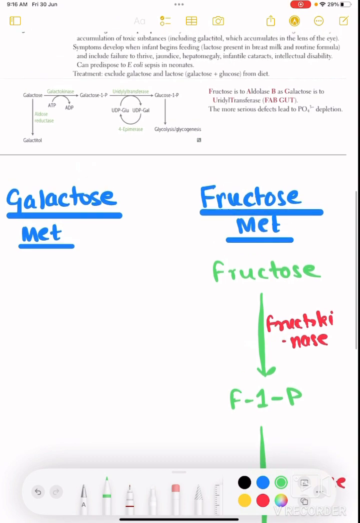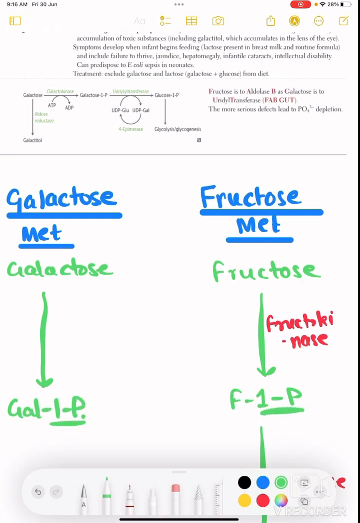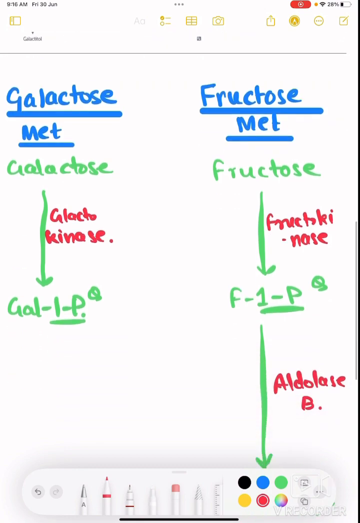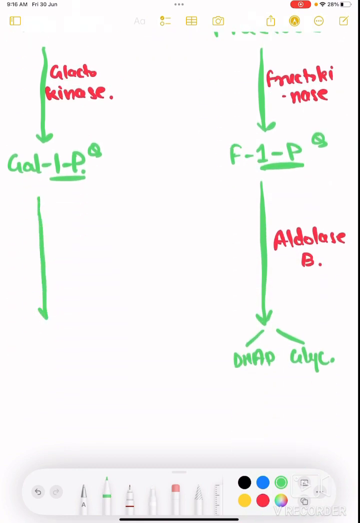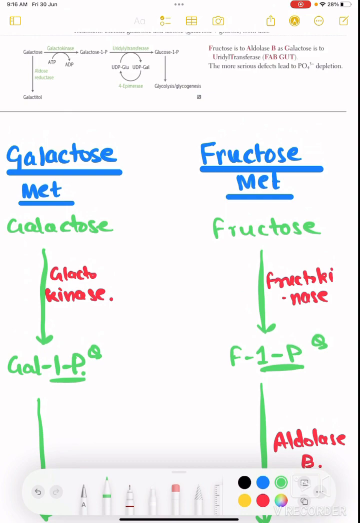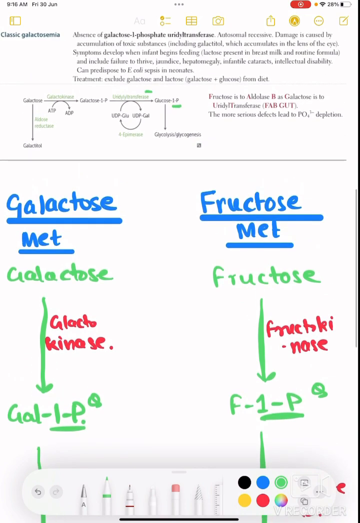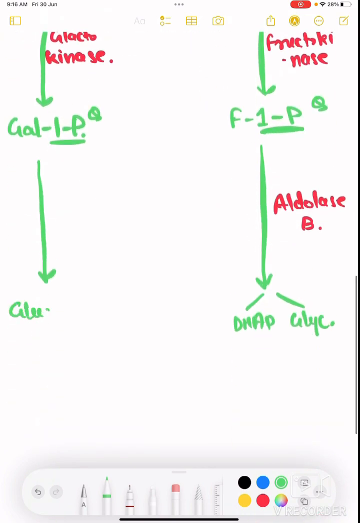A similar thing can be seen in galactose metabolism also. First of all, galactose will become galactose 1-phosphate. Phosphorylation is done of both these products, right? So what is the enzyme? Again a kinase, and what type of kinase? Galactokinase. Now galactose 1-phosphate will become glucose 1-phosphate